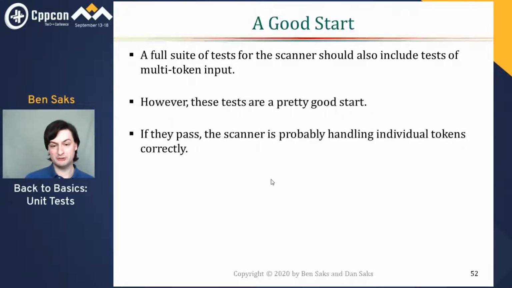But what we've got so far is a pretty good start for how much work we've had to put in to make it. If these tests pass, it's a fairly good indication that the scanner is handling individual tokens correctly. It's not an absolute certainty, but we're not looking for absolute certainties out of our automated tests. One of the ways I like to think about it is